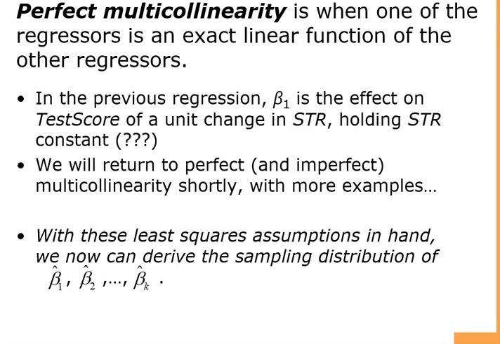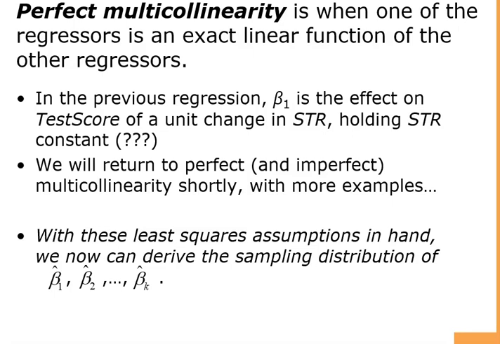Just like in the previous regression, if beta 1 is the effect on test score of a unit change in STR holding student-teacher ratio constant, well, obviously that cannot be the case, because if you are changing something, we cannot also keep it constant at the same time. We'll come back to the examples of perfect and imperfect multicollinearity,